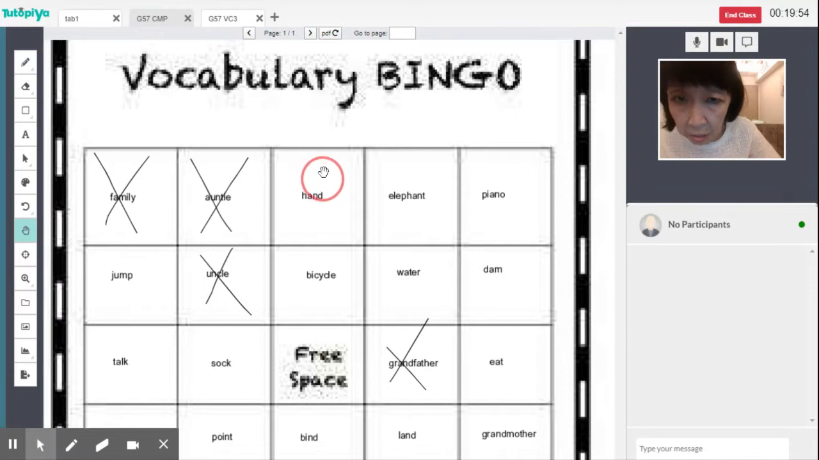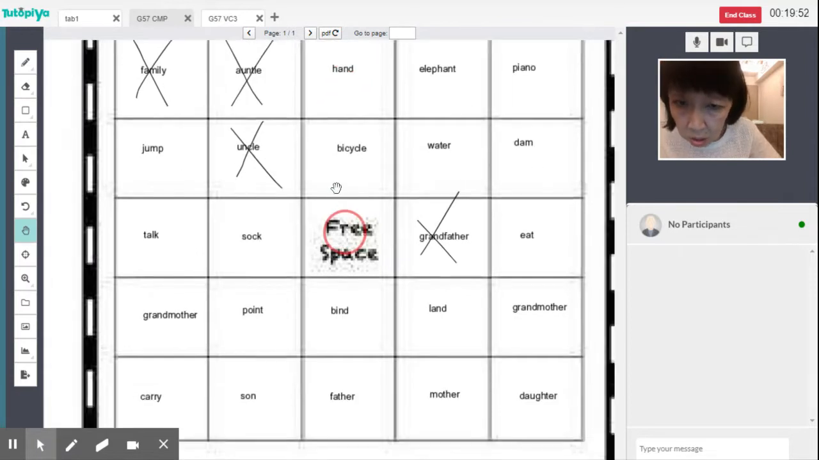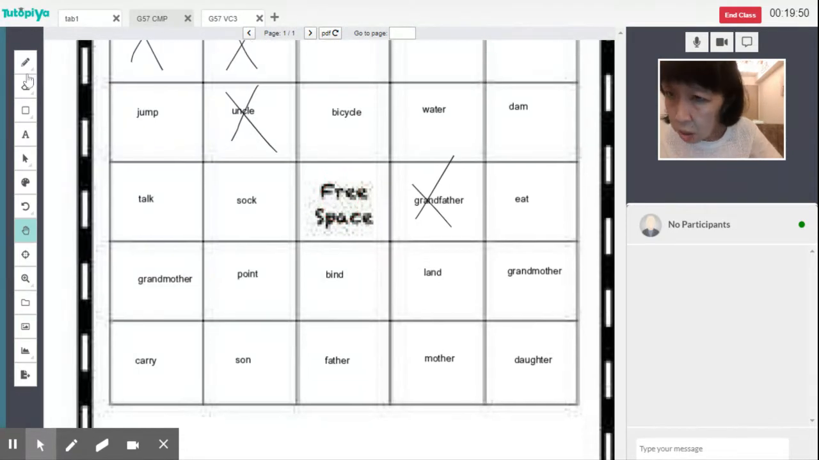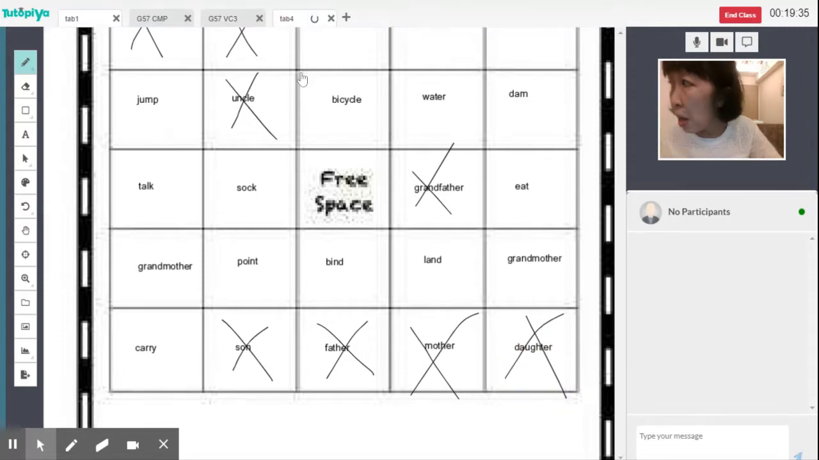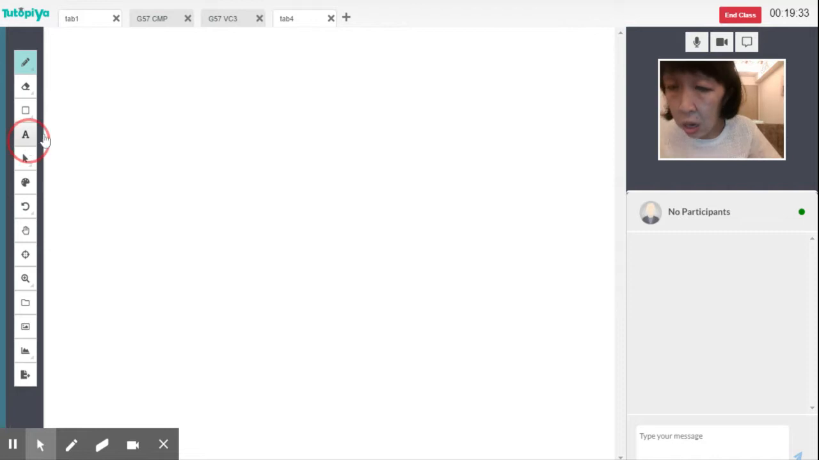Let me lift this up a little. Son, father, mother, and daughter. I will also get him to spell these words as well. All right. Words like grandfather and grandmother are quite long, so we get them to spell these